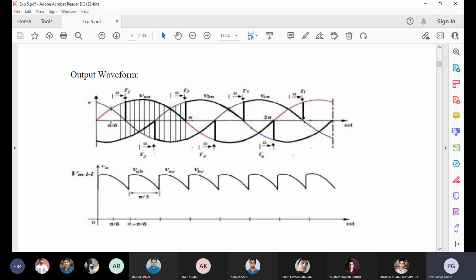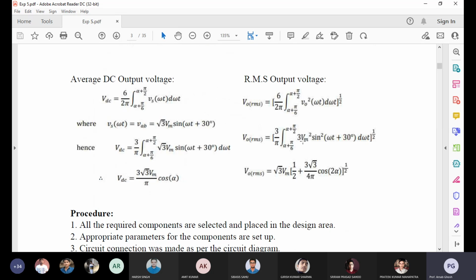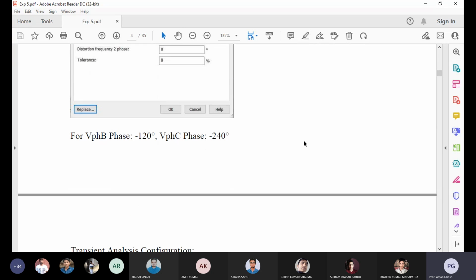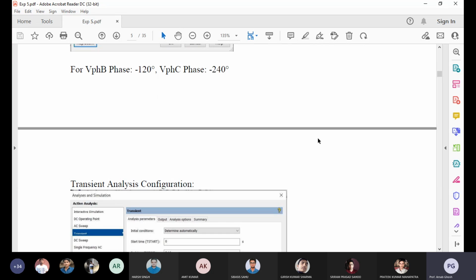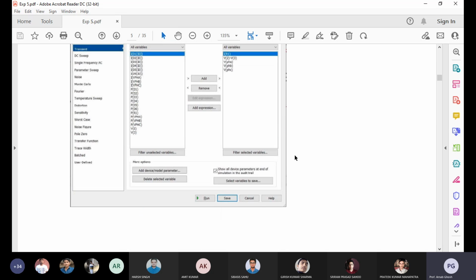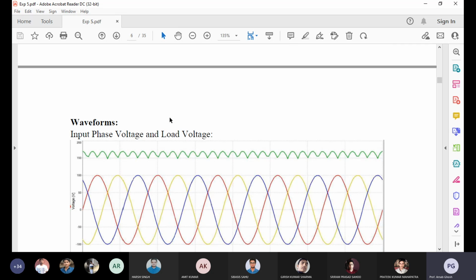Okay, by using Multisim you can do it. Those who don't have Multisim and are not able to install it can also do it through MATLAB. So here you can see the very basic diagram and process. I have already shared this document, so you can get it from your end and do it. What will be the specifications of the different blocks given here, and how do you extract the results, fetch the values, that is also given here.